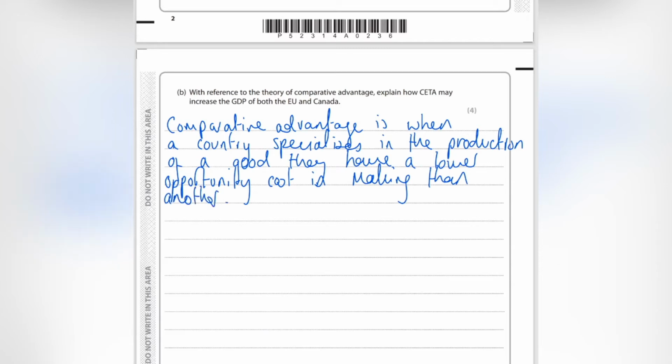Okay, so it's different from absolute advantage. A country may have absolute advantage in the production of both goods or services, but comparative advantage is a theory espoused by David Ricardo, and it's basically saying that we should specialize in the good or service in terms of production for the one that we have the lower opportunity cost in. So it says, with reference to the theory of comparative advantage, explain how CETA may increase the GDP of both the EU and Canada. Okay, so